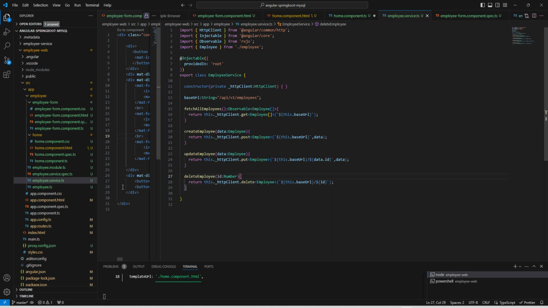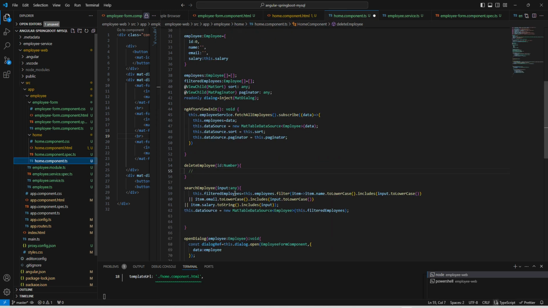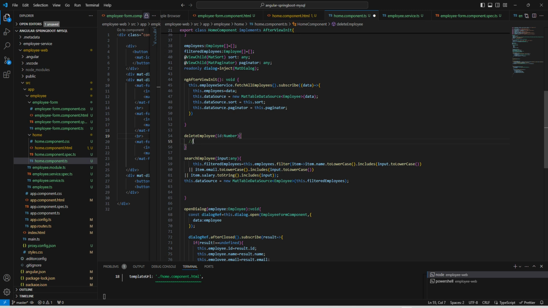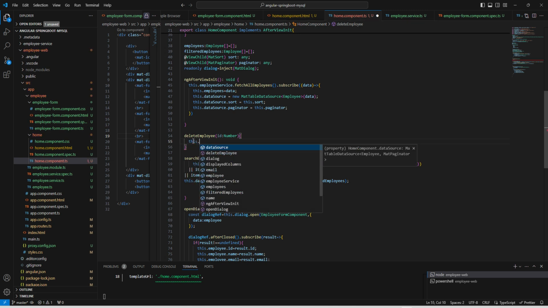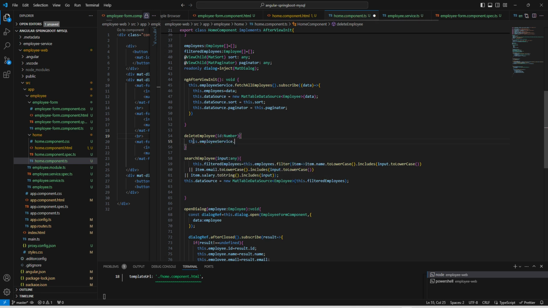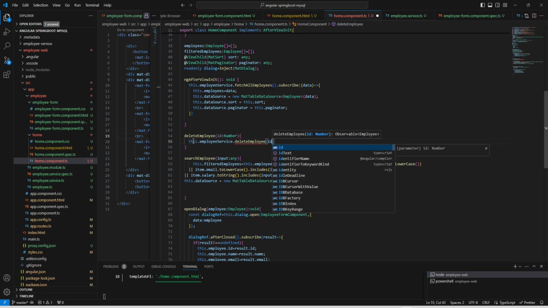Seems good. We can save it. Now we can go back to our home.ts file, and here we can call this dot employee service dot delete employee, and here we can pass this id,